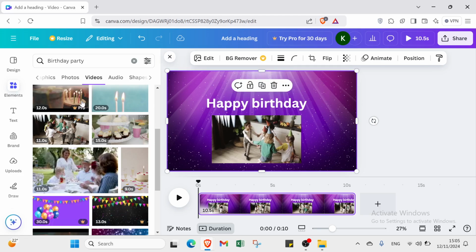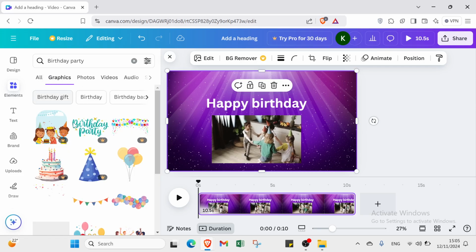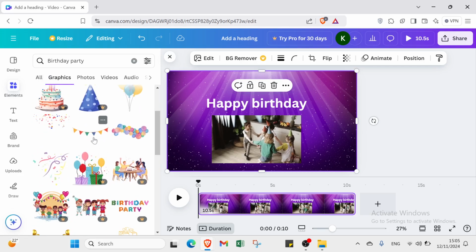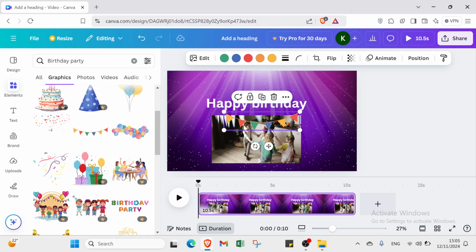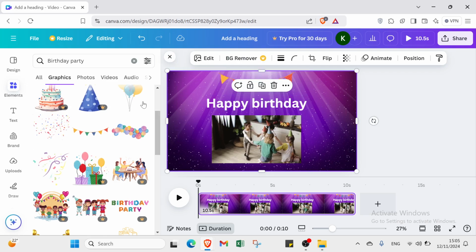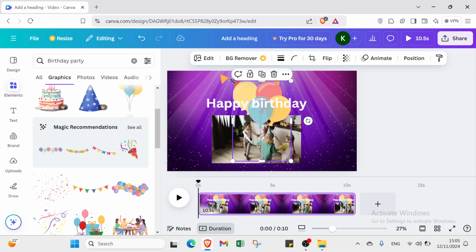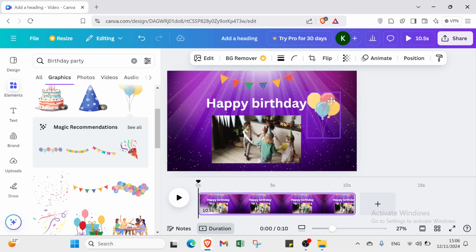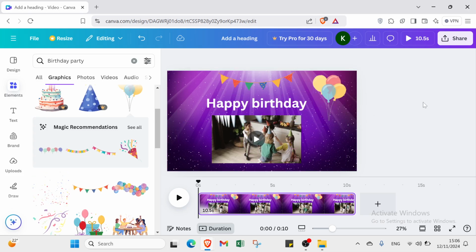All right, so right now I will just add the graphics for the birthday. I will just scroll down right now and I will click over here and I'll put this one in the top, and here we have it right now. I will add also this one. I will customize the size and I'll put it here as you can see, and then I will add other things such as, for example,